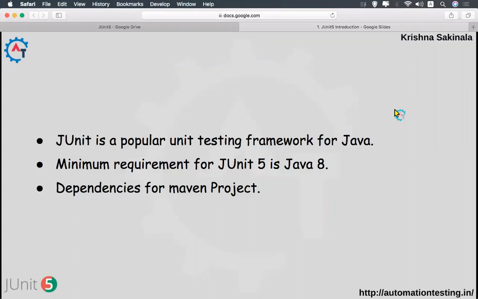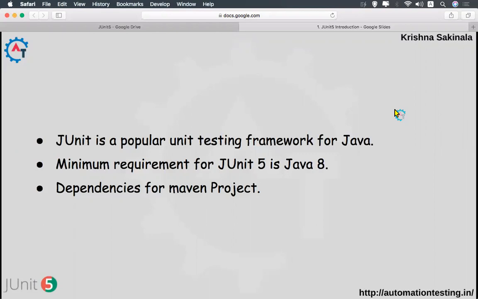JUnit is only for Java family programming languages: Java, Groovy, Kotlin. Groovy and Kotlin are developed on top of Java, so you can use JUnit to test your Java code, your Groovy code, your Kotlin code, etc.